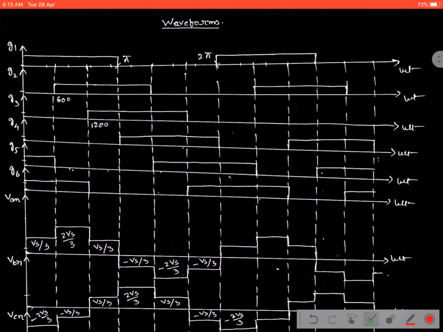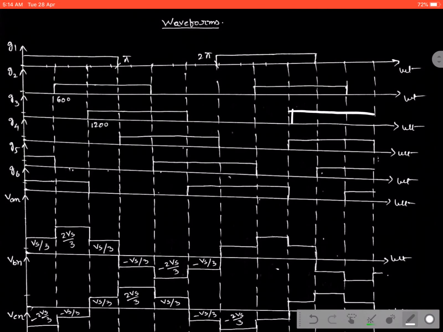And as we know, each mode operation duration is 60 degrees. That is why the next triggering pulse should be given after 60 degrees for the next switch. Again it will conduct for 180 degrees, and for the next cycle it will follow the pattern. Similarly, the next will again conduct after 60 plus 60, meaning 120 degrees. It has started from this point and continued up to 180 degrees. And next, obviously there should be one more pulse. It will start from this one to this one.